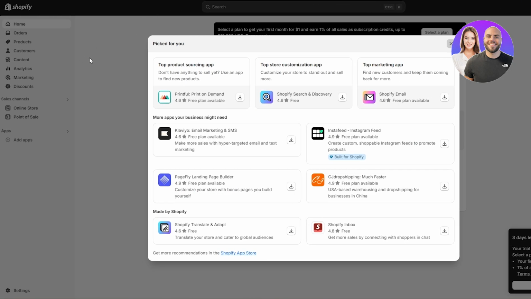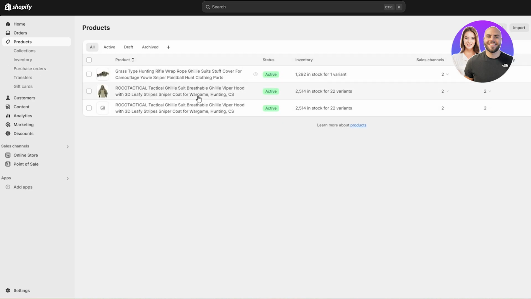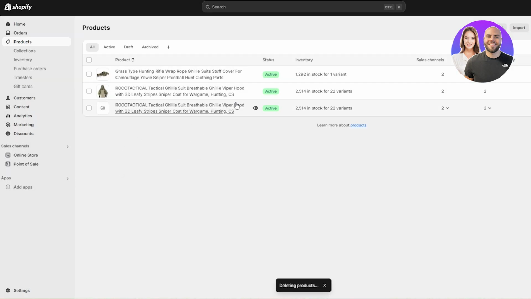And once that's done, come back over onto your store and go into your product section, right? And you will find it right here. So I accidentally added it twice. So let me just delete the product if I can. This product can't be done. All right, so it's currently not important, but yeah, you can see right here, you have the products right here,